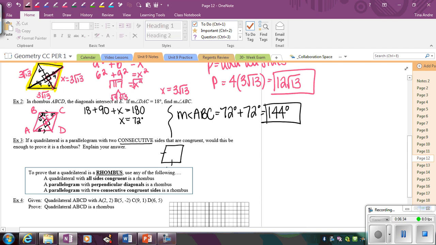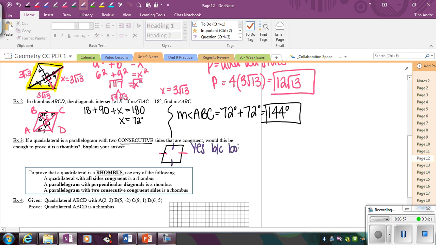Well, if you think about a parallelogram, opposite sides are congruent. So this side and this side would have to be congruent. And this side and the opposite side to that has to be congruent. So therefore, all four sides end up being congruent, making it a rhombus. So the answer to this is yes,